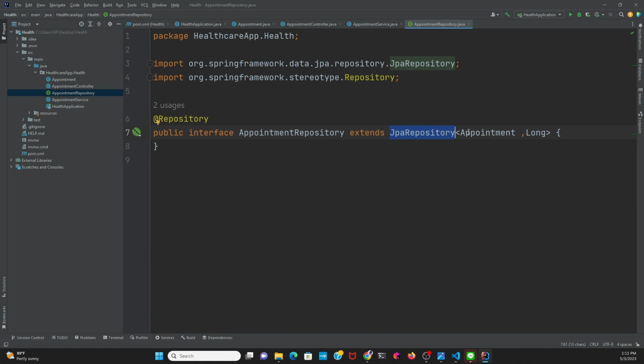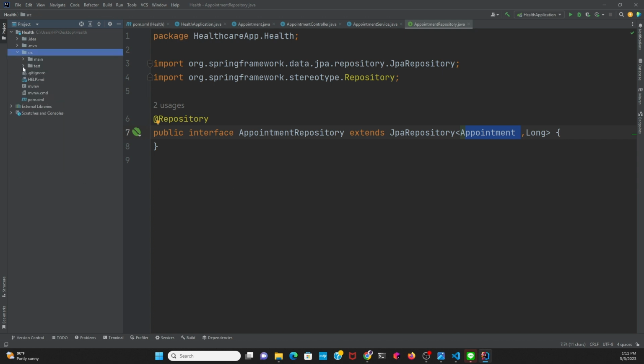Okay, and we have the appointment class, which is this one here, together with the long ID here. Okay, good. Then once you do that, come down here. Close this part and open the resources. And then down here, we have what we call